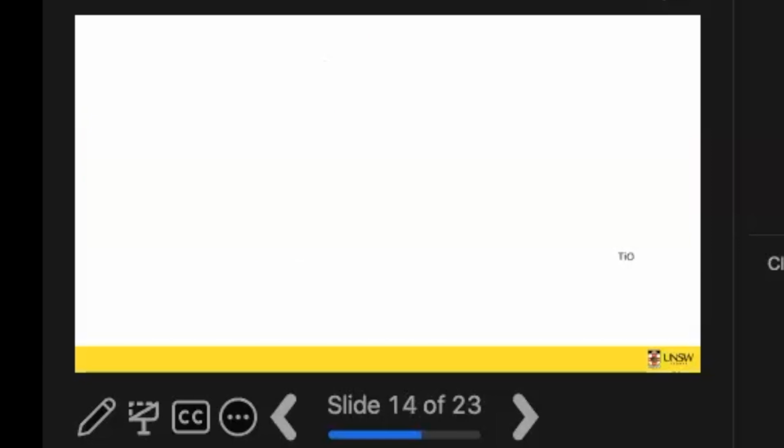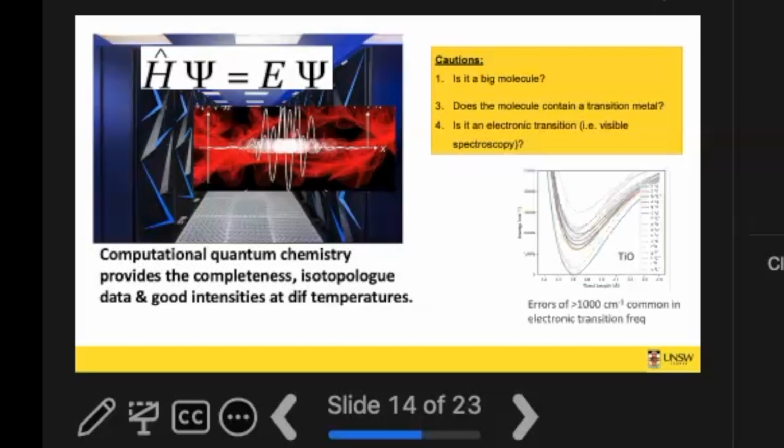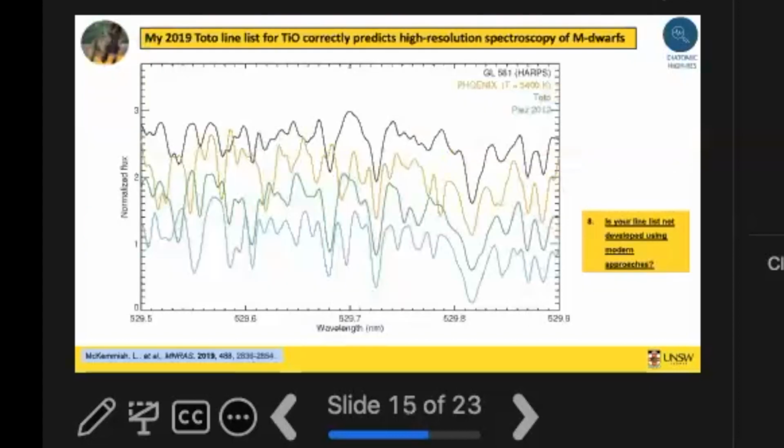And then figuring out what we can say about it. The other thing that happens is you do computational quantum chemistry, and that complements the experiment because it gives you intensities, it gives you isotopologues, and it tells you what happens beyond those 1,000, 10,000 lines that the experimentalists measure, to the millions or billions that might contribute to the stellar and exoplanet spectra. And these are all the things that make the quantum chemistry hard. Therefore, when you've got lots and lots of electronic states, you get very large errors and you need to worry about it. Now, modern techniques can get around this.